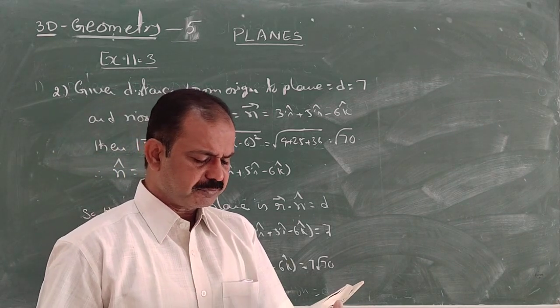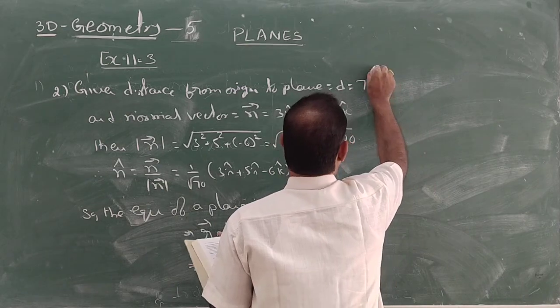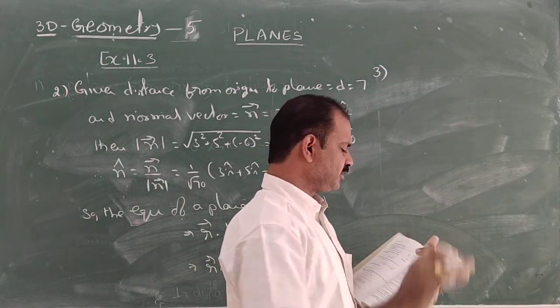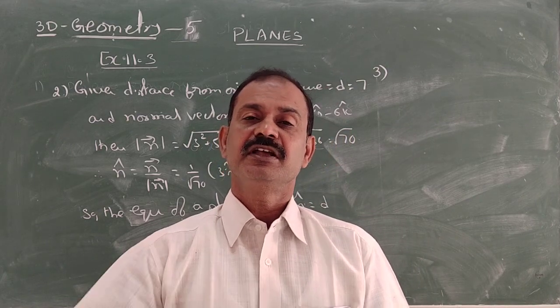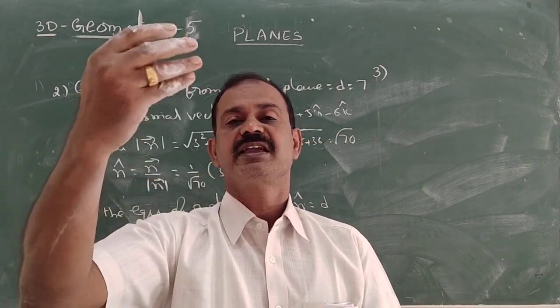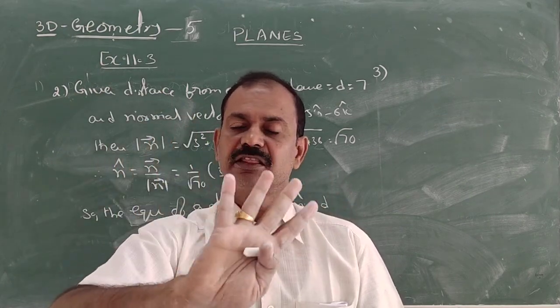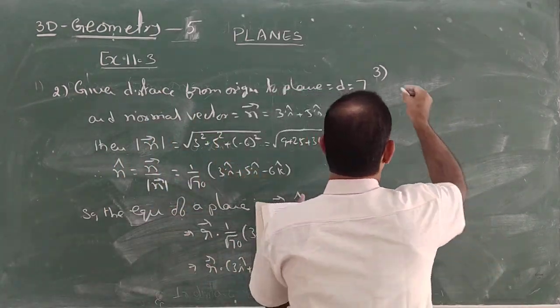Find the Cartesian equation of the following planes. You have to find out the Cartesian equation. It is very simple. How do you find the Cartesian equation? Replace r by xi plus yj plus zk. That's all, nothing else. So first one,